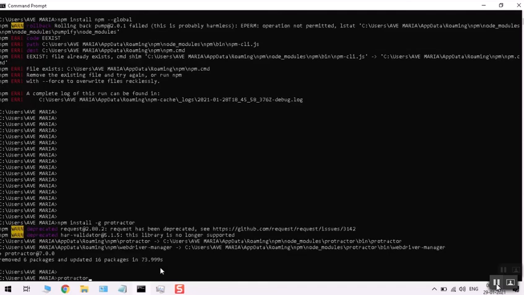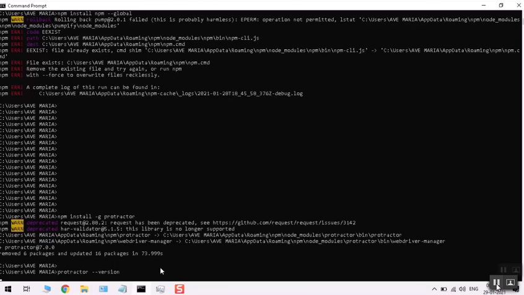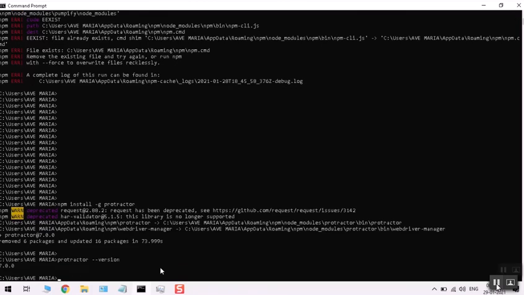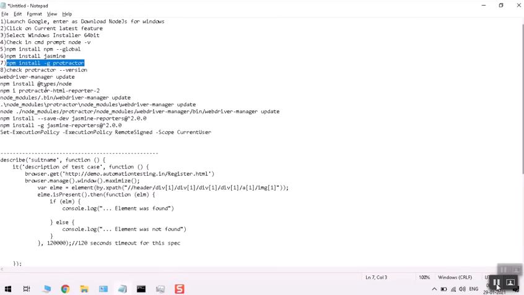The installation is completed. Let's check the Protractor version: protractor, then hyphen hyphen version. Then let's hit the enter key. It has given the Protractor version that we have installed.